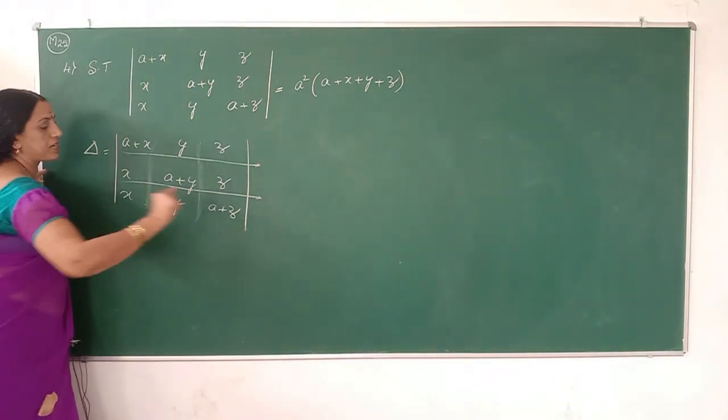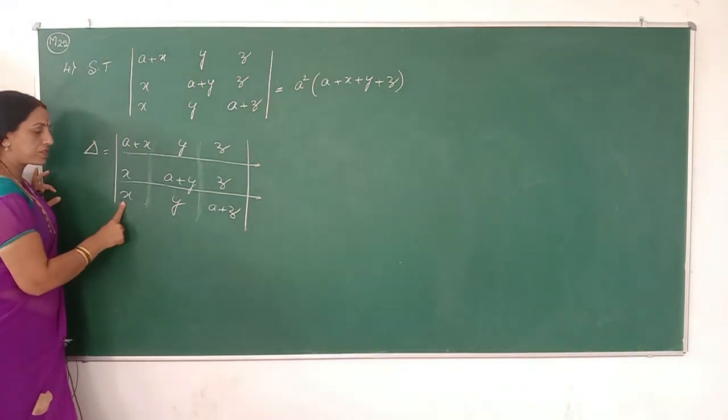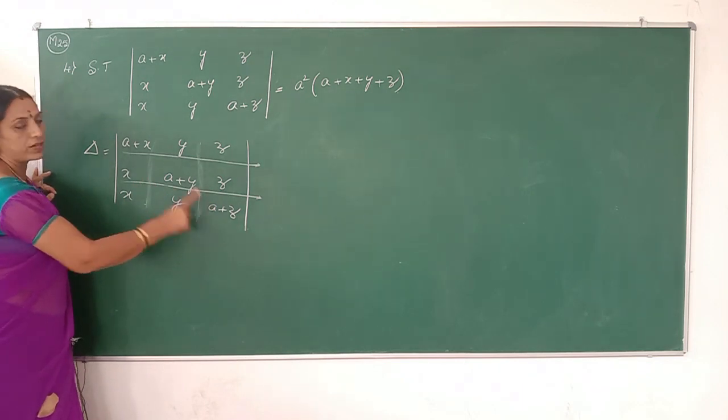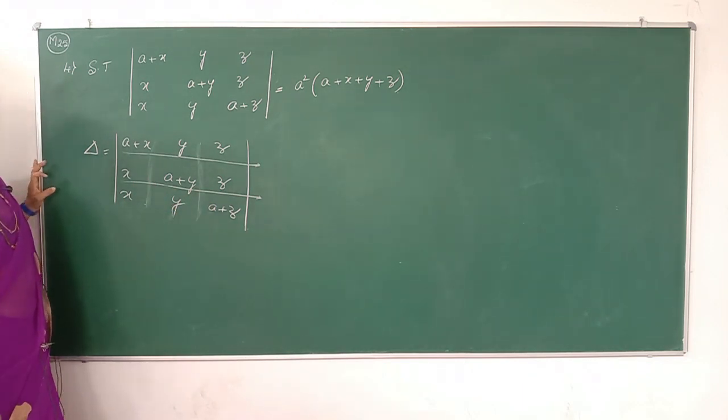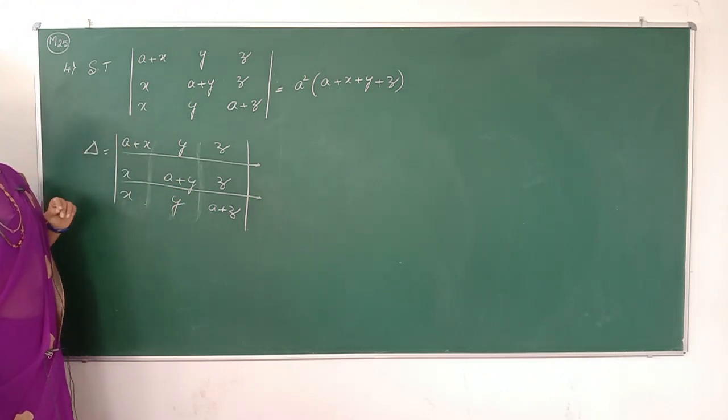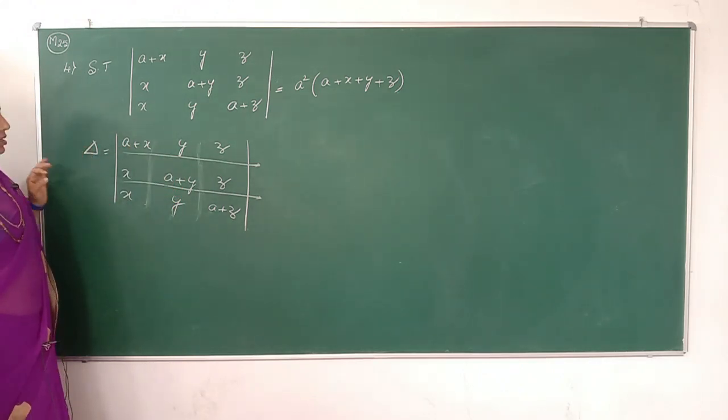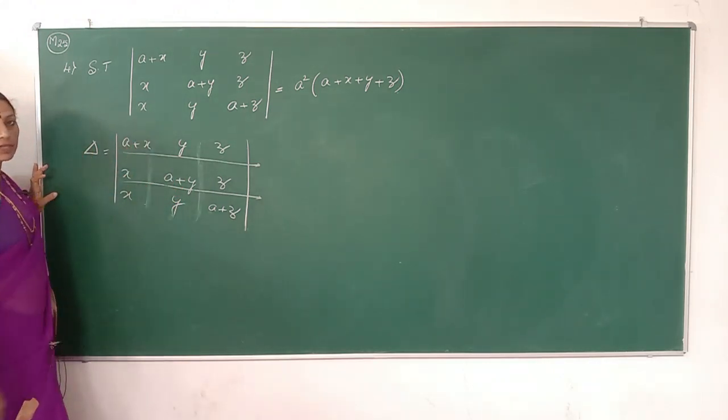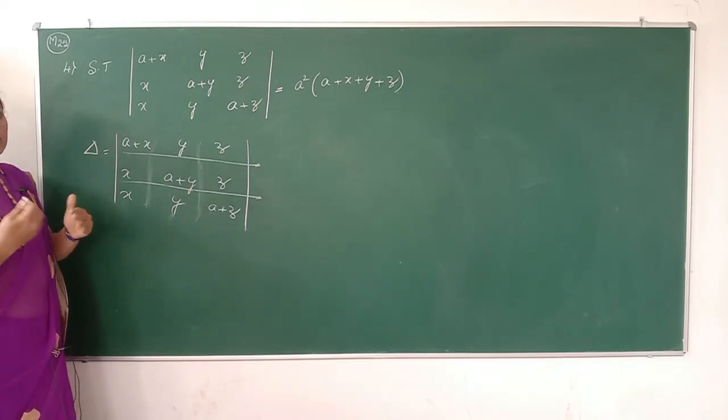And in the elements of the third row, again 1 times x, 1 times y, 1 times a, and 1 times z. Now these elements will be called common elements. But if we add column wise, we get x, y, and z will be